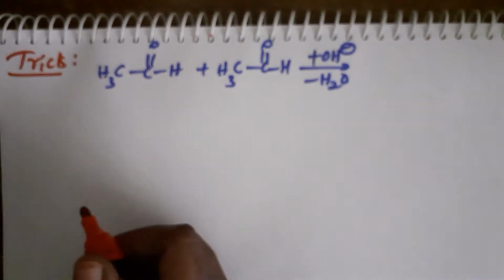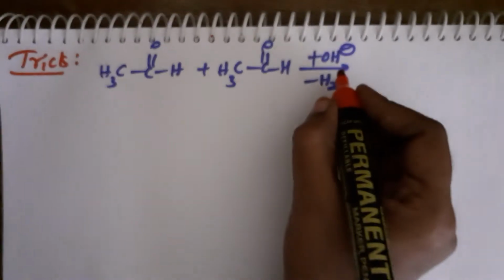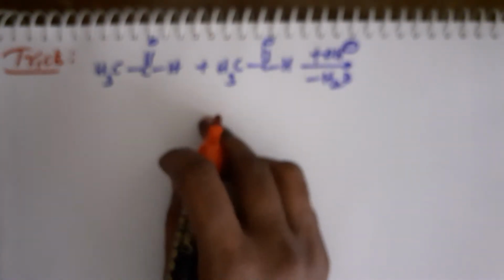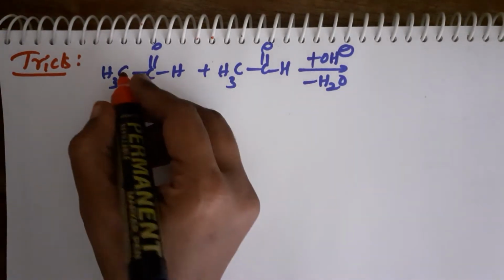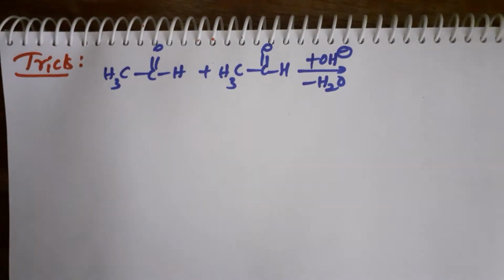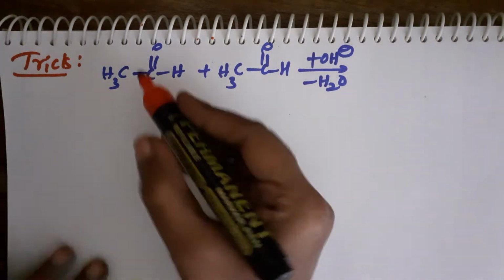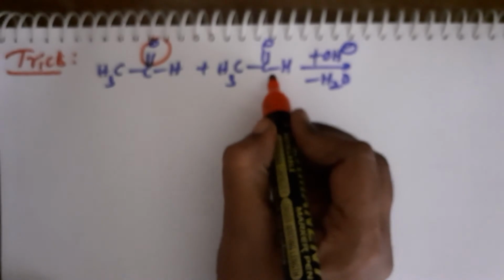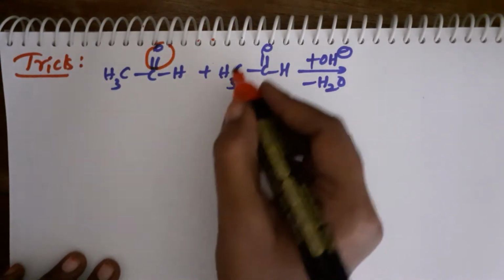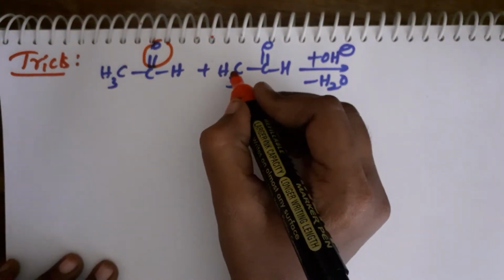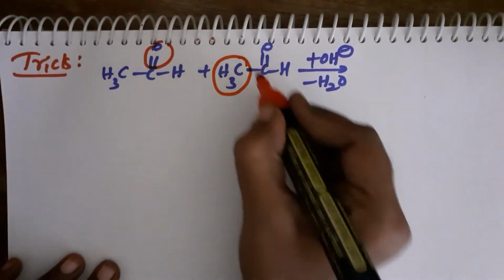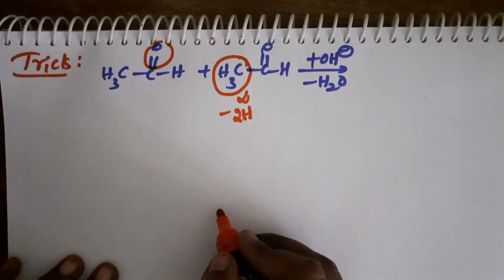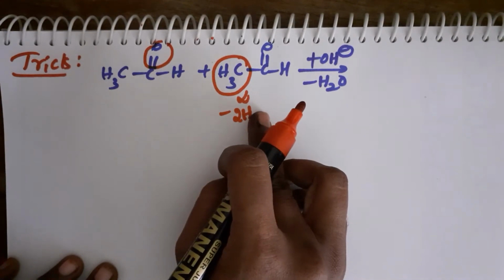Here I am telling the trick. See, in order to write the dehydration product, at the end we are writing an alkene product, no, so that product we are writing. For that, just remove the carbonyl group in one aldehyde, and in the other aldehyde or ketone, just remove two hydrogens from the alpha carbon. This is the alpha carbon, just remove how many hydrogens? Two hydrogens, then combine these two reactants and we'll get the product.